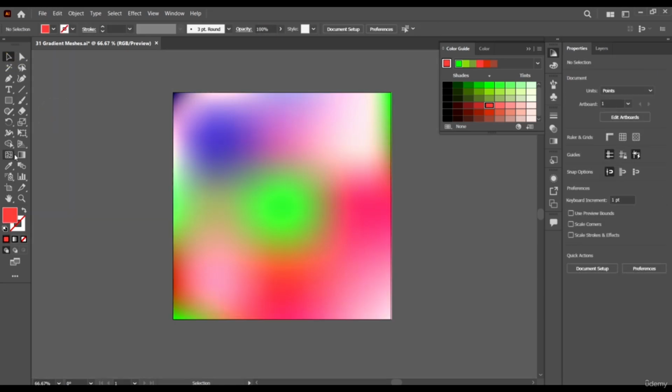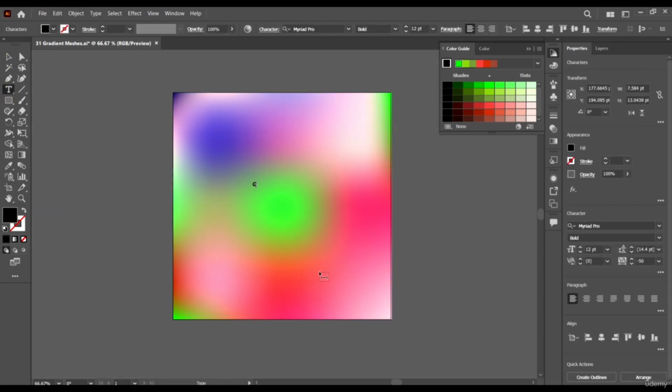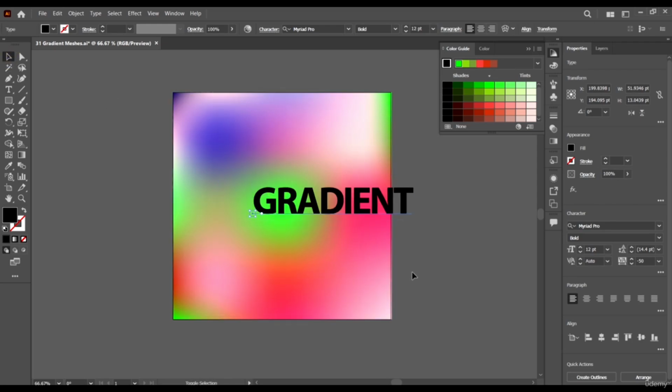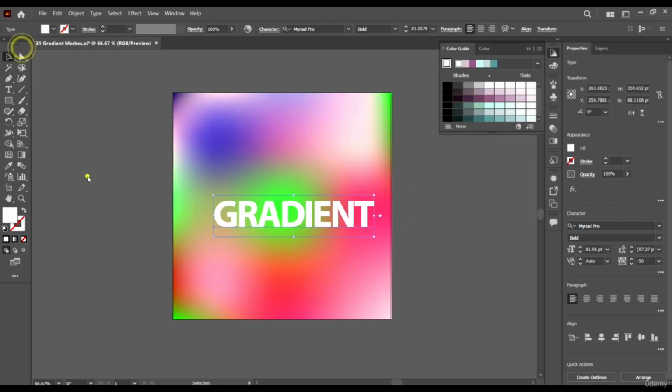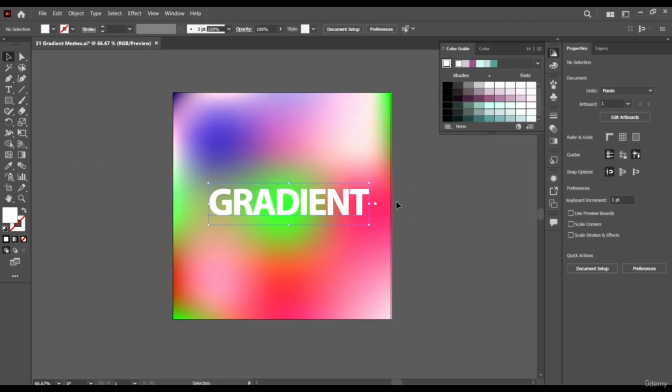And then maybe have a text saying gradient, and give it a white color. You can see now that we've been able to create this simple gradient colored background.